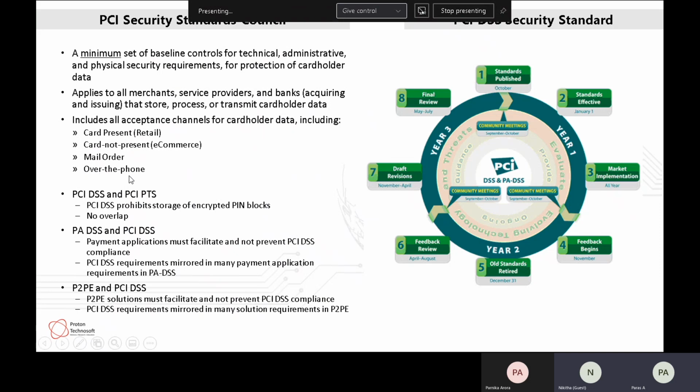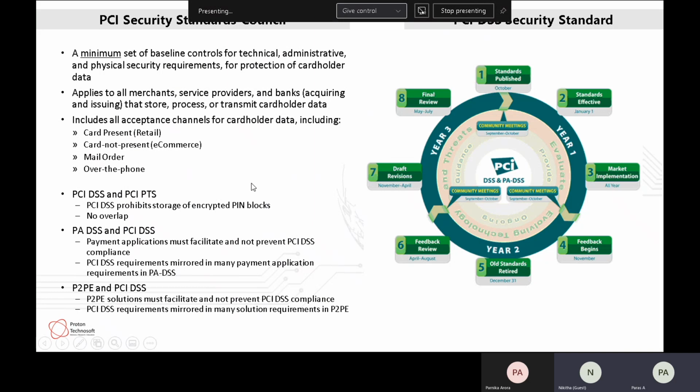Then over the phone as well. Sometimes we call up yatra.com and say, can you book a flight for us? And they ask us, can you share your card details? I will put your call onto auto response. So you enter your card details there, verify your PIN, and once that system verifies your card, we will process your ticket. So that is the over the phone transaction. All these channels are also covered by the PCI data security standard. So irrespective of where you collect the cardholder data, the moment it is inside your network, you have to secure it.